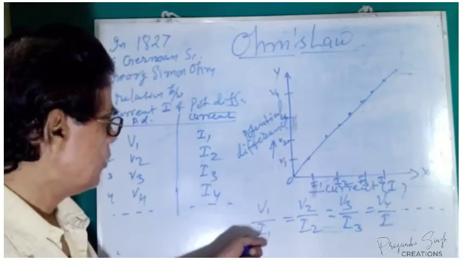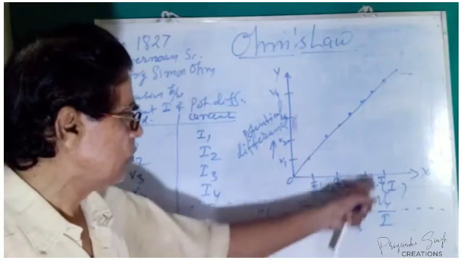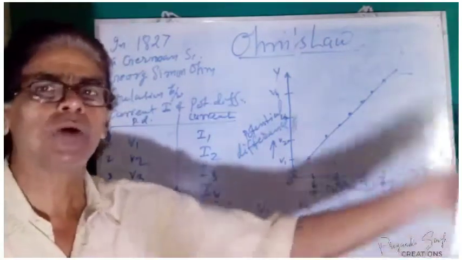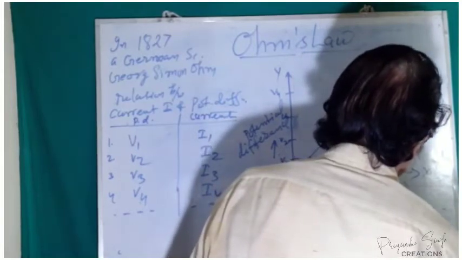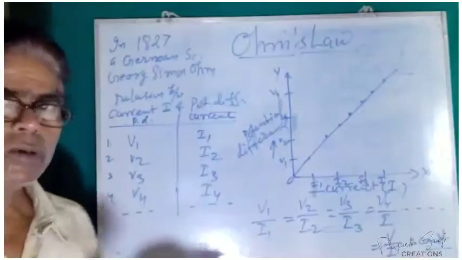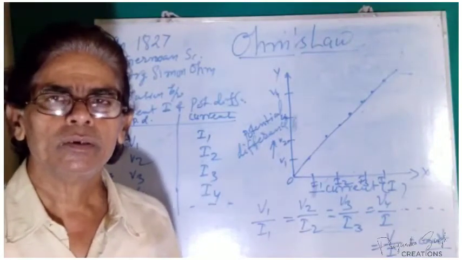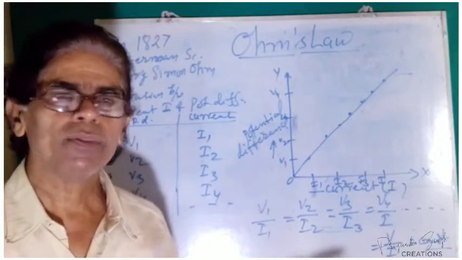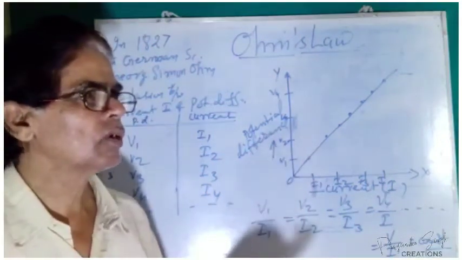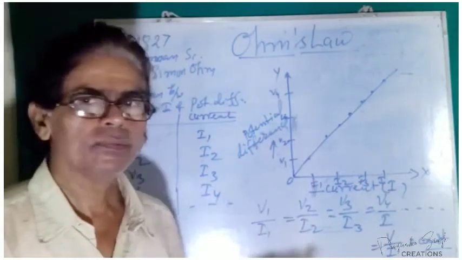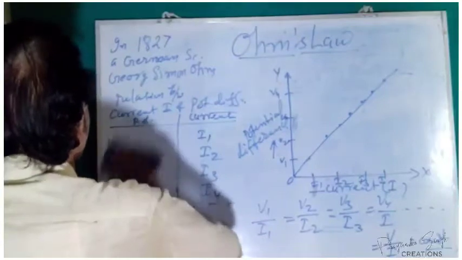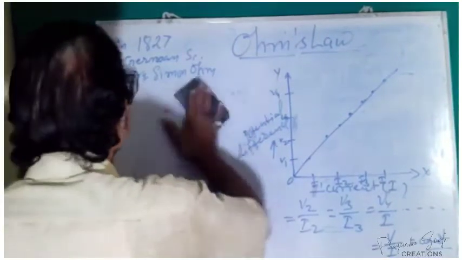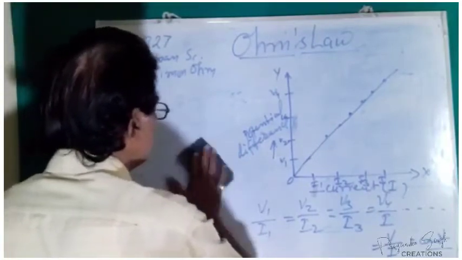V1 by I1 equals V2 by I2 equals V3 by I3 equals V4 by I4 and V5 by I5, and so on. So ultimately we say that the ratio of potential difference to the current strength is constant. The constant is now called the resistance of the conductor between which the potential difference was observed. So this is on the basis of this experimental observation,